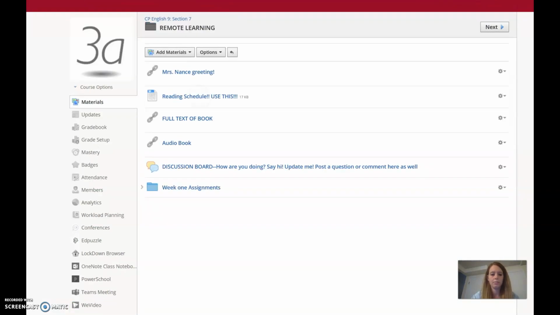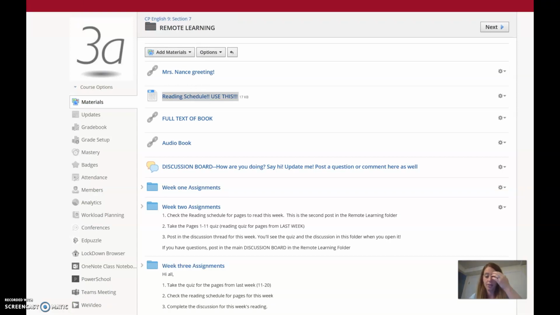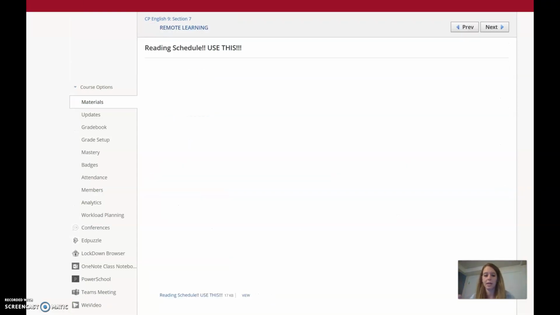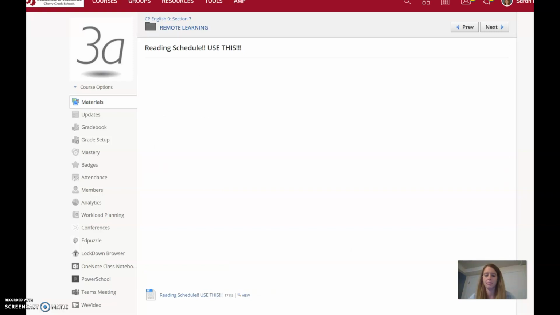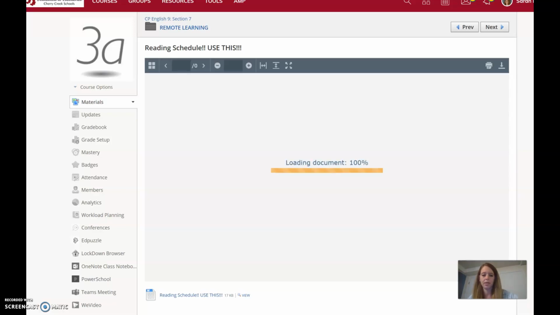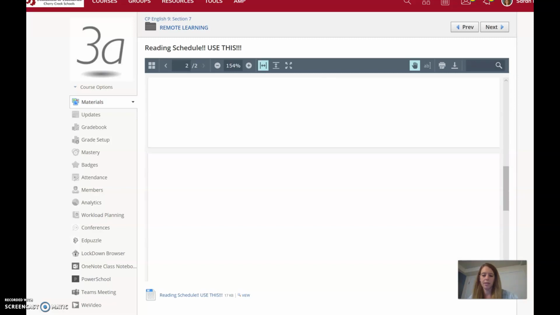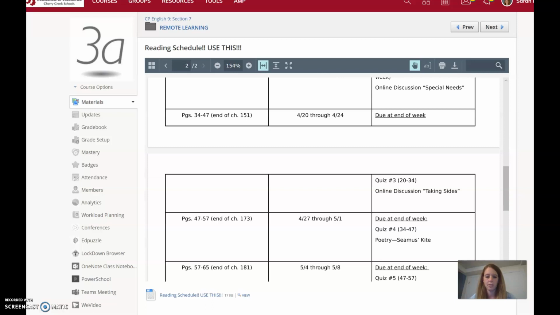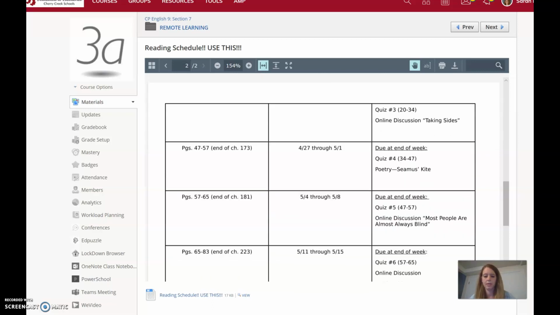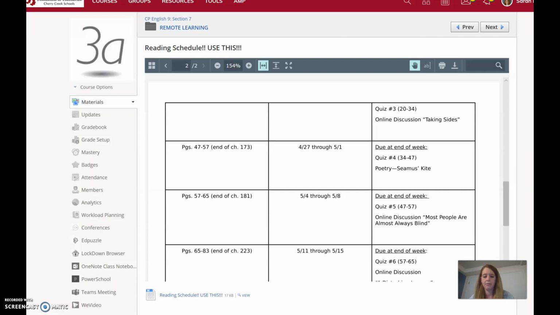And so I use the reading schedule a lot. I think I know what I'm reading next or where I left off, but I use that reading schedule really to make sure that I know what I'm doing. So once it pulls up here, and this will be for the week of May 4th. Scroll a little bit because now we're down to the second page. Get it to load. Yes, okay, so here we are, 5.4 through 5.8.